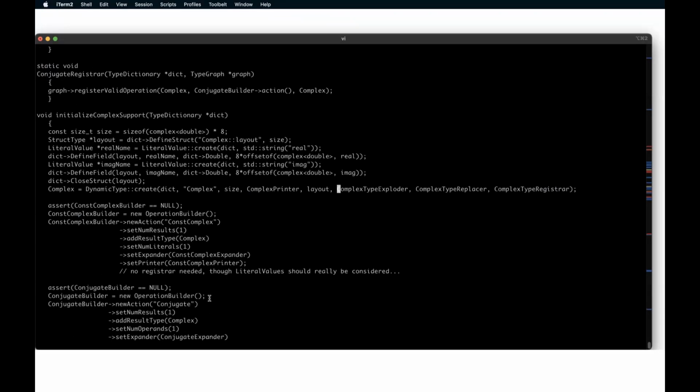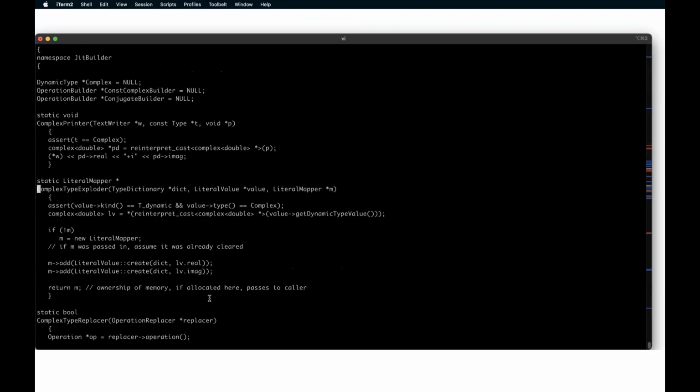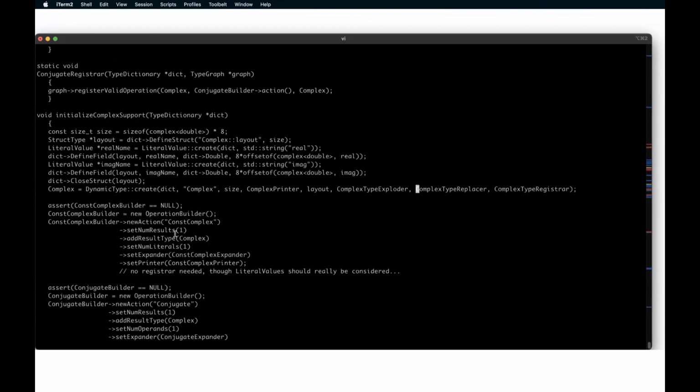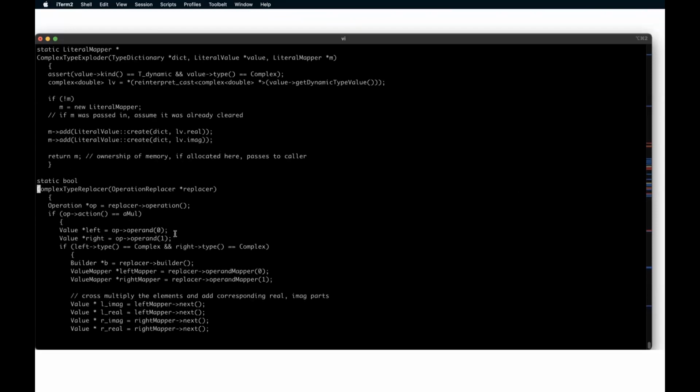This complex type exploder is part of the support for type replacer to be able to replace values of type complex with other things. So similarly, it has kind of a defined form signature that it accepts. So it's going to explode a literal value that you're passed into its constituent pieces. I'm not going to go through this in detail, but basically it breaks apart the literal value and creates 2 smaller literal values, one for the real part and one for the imaginary part, and returns that to the type replacer. Similarly, there's another type of thing called a replacer, which is how you augment some of the